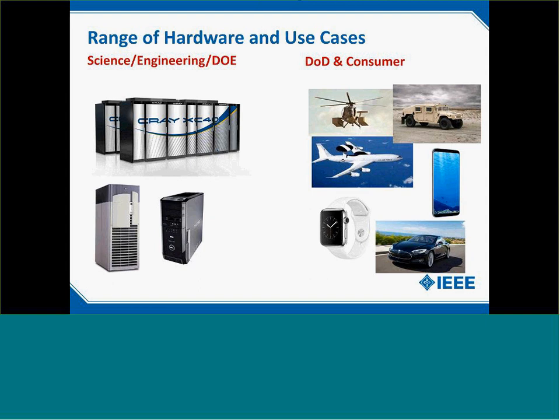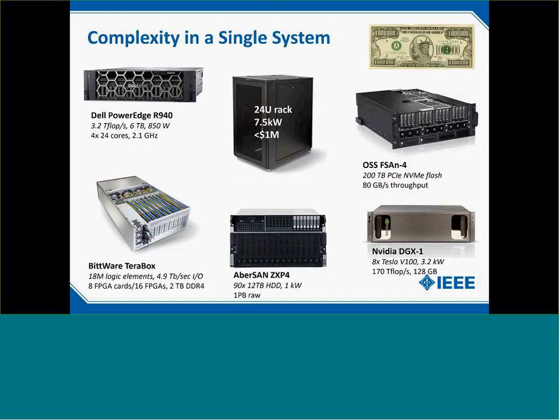And so one observation is that standard coding techniques may be coming to their end when it comes to this wide range of machines. This was across machines, but if we look into the complexity that a single system nowadays might exhibit, let's take a system that we could buy off the shelf for about $1 million. A system like that might be a combination of large shared memory, maybe up to 6 terabytes, a number of field programmable gate array (FPGA) cards,